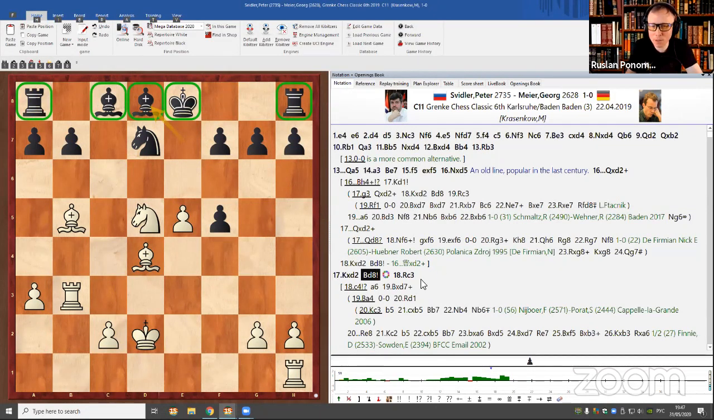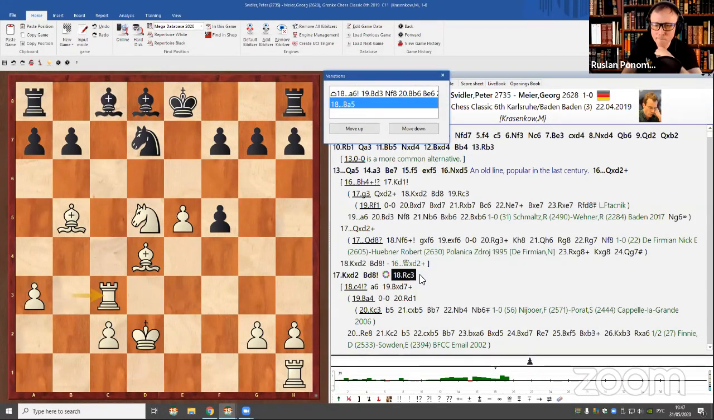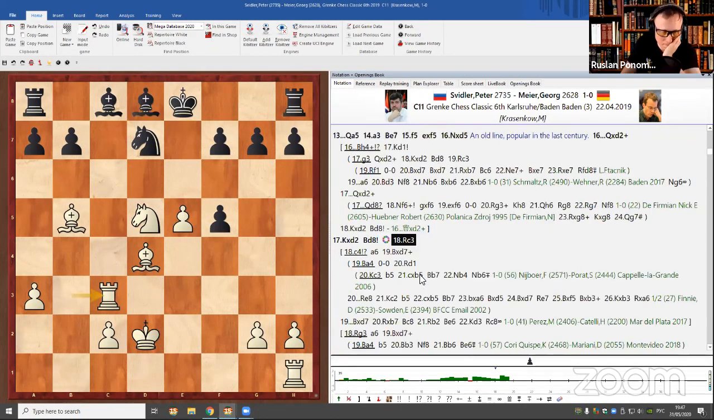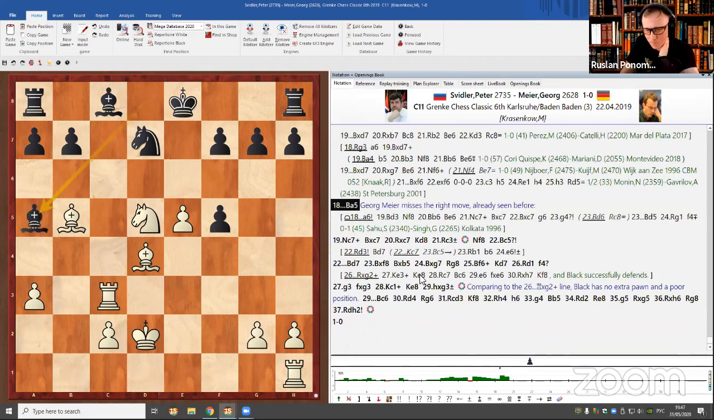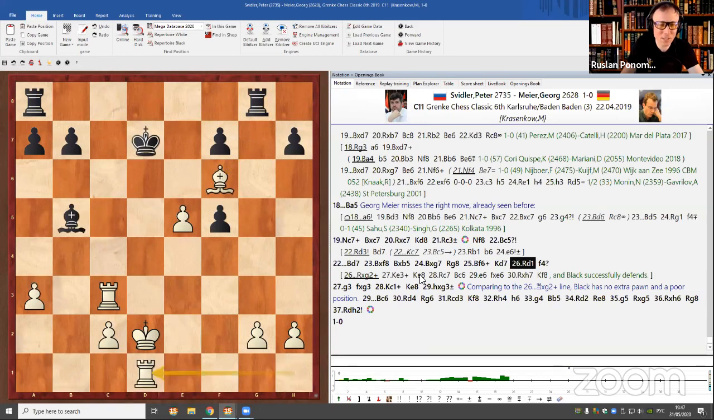And even what happened in the practical game, rook c3, actually Meyer, I think he just lost very quickly. He prepared something and surprisingly he lost because of his own preparation. This is a kind of problem from the practical point